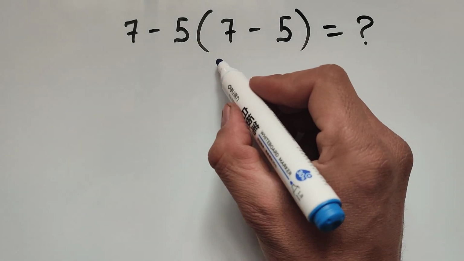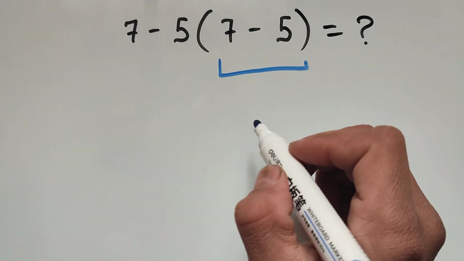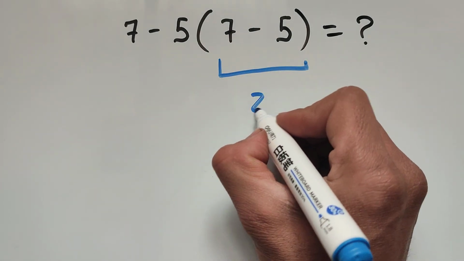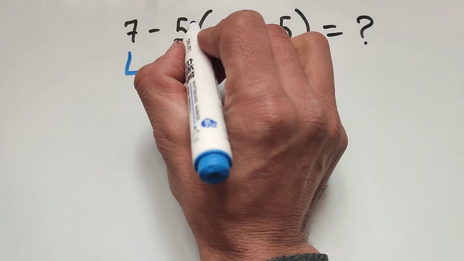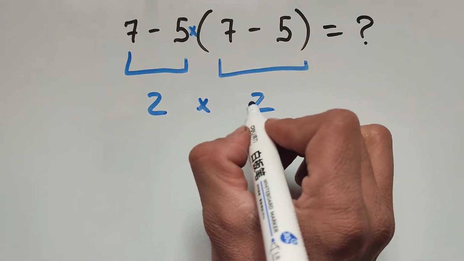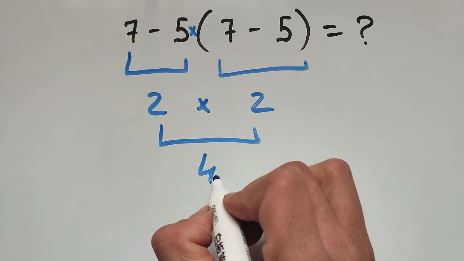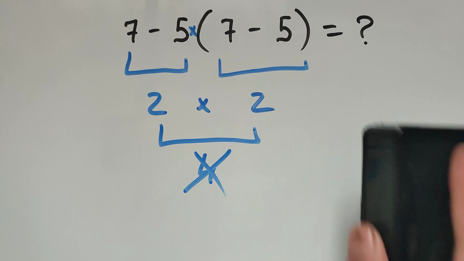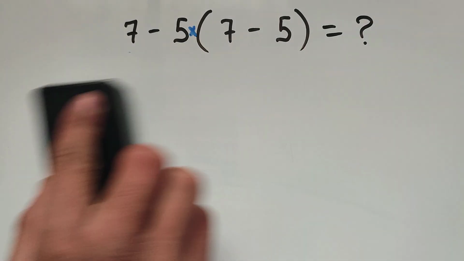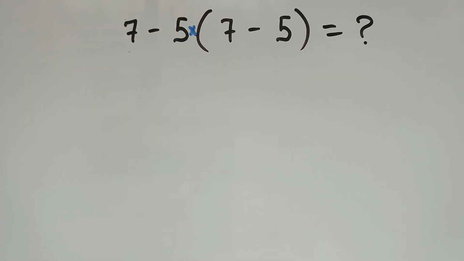Okay, first we have to work this. 7 minus 5 equals 2, and there is multiplication here. 2 multiplied by 2 equals 4. But this is not the correct answer, because according to the order of operations, first we have to begin to work